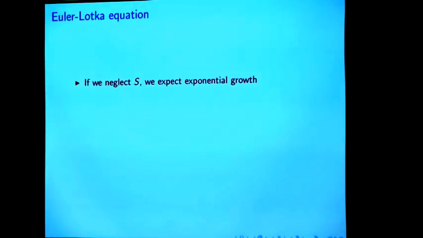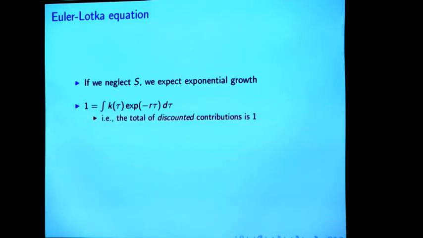What is the link now that we have the renewal distribution? And this is the key equation of my talk. I did not invent it independently of Euler or Lotka. Or maybe I did, but it's too long ago to remember. If we neglect changes in S, we expect exponential growth, and we can very simply solve implicitly for the rate r. That the total of the discounted contributions from the kernel is 1. That value of r, which has to be unique,